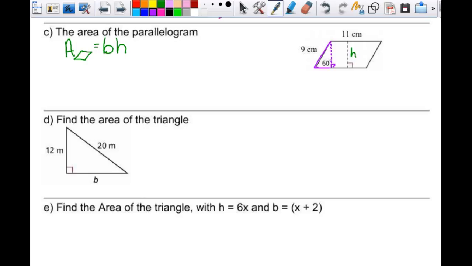But in order to find the long leg, I need the short leg, and they didn't give me the hypotenuse. So if this is the hypotenuse, the short leg is 9 over 2. Okay. And that means that the height is